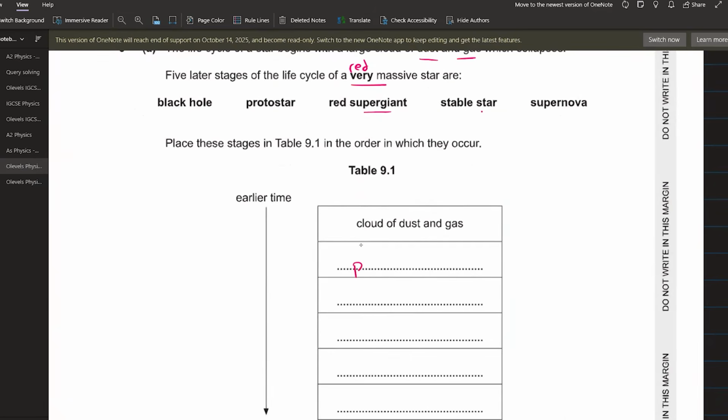सबसे पहले कौन सा होता है protostar? Easy peasy. For this, you can refer the space physics key lecture video. Then you have a stable star. This is also known as a main sequence star. Then you have the red supergiant. रेड सुपर जायंट के बाद क्या होता है? फ्यूल खत्म हो जाता है, एक एक्सप्लोजन होता है, दैट इज नोन एज सुपरनोवा। देन यू हैव द ब्लैक होल।